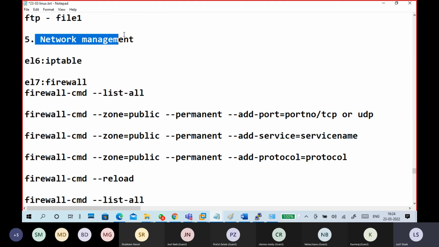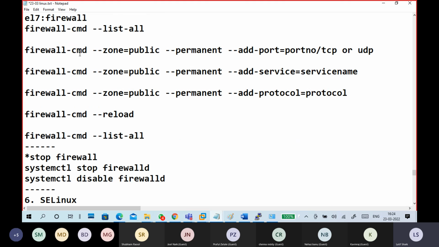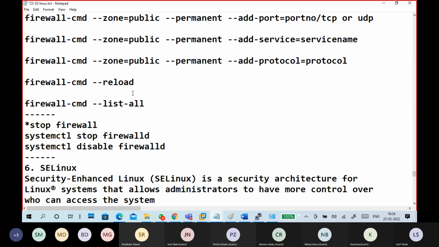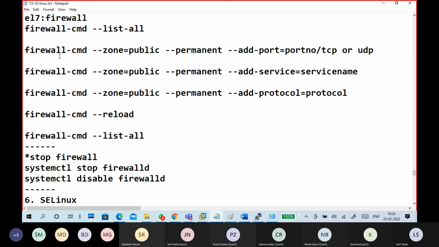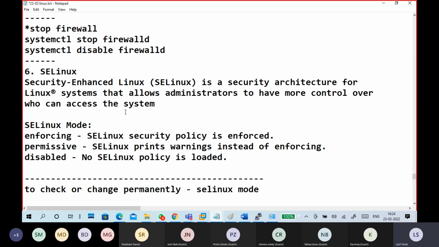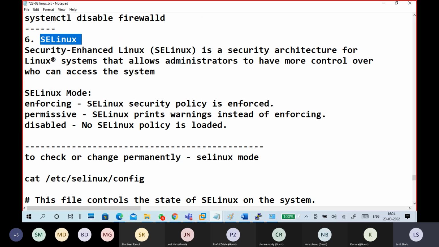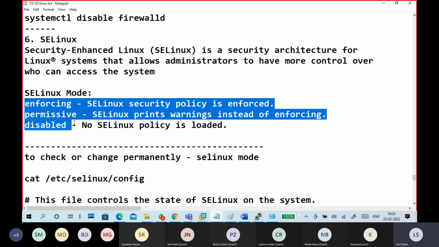Next, manage the network related things. For example, manage firewalls or iptables, and enable the services through the firewalls. Sometimes SELinux context blocks the access of the content. There are different modes of SELinux: enforcing, permissive, disabled.